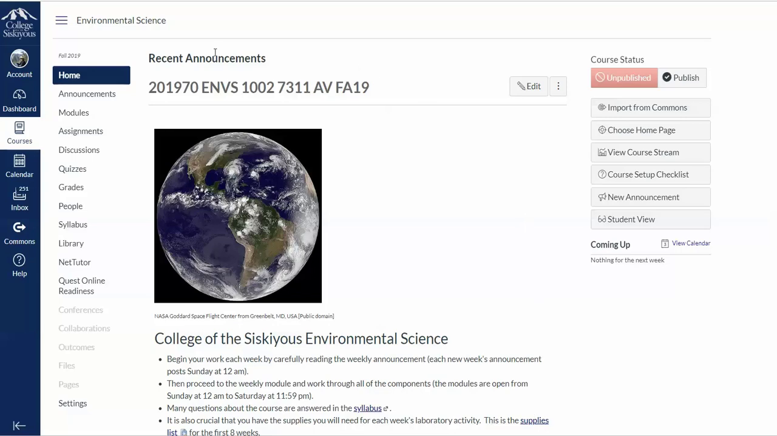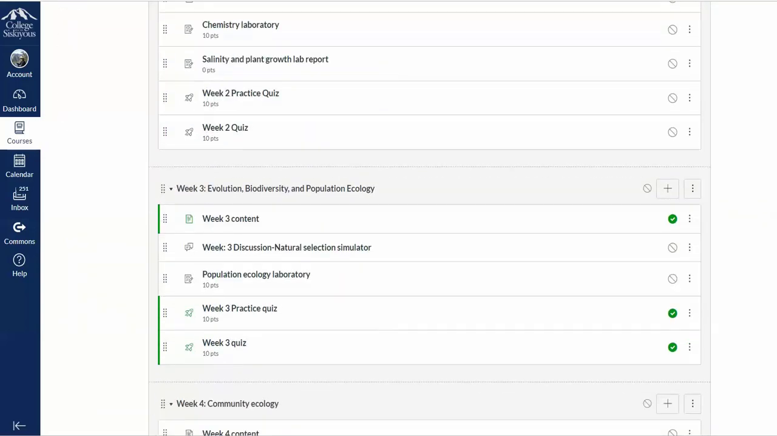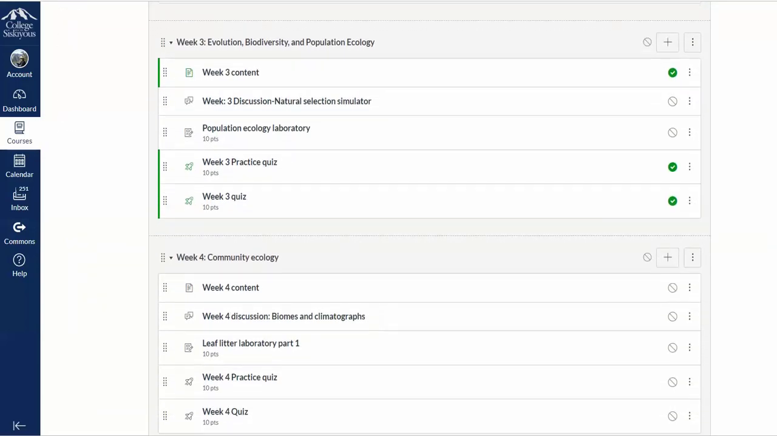So moving on from the home page, you can also click on the announcements tab if you want to view the announcements. So they're on the home page and they're here. The modules tab is going to include our weekly modules. This week's a little bit funky because we have two modules to complete this week, the week 0 module and the week 1 module. I'm going to scroll down so that I can walk you through a more typical week